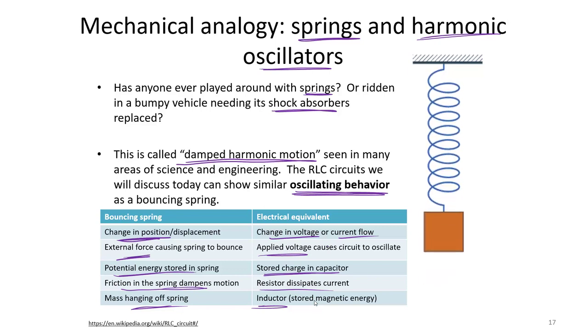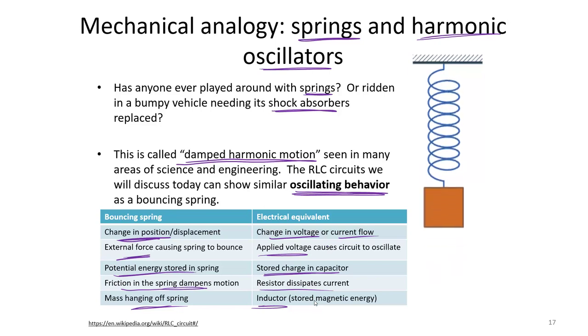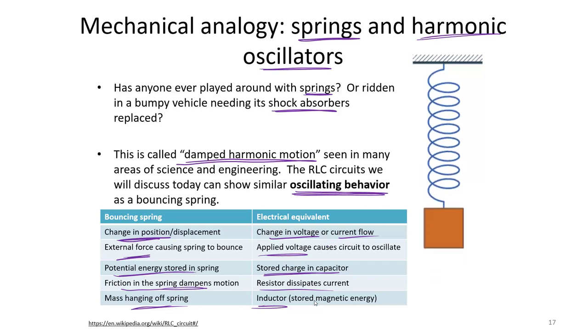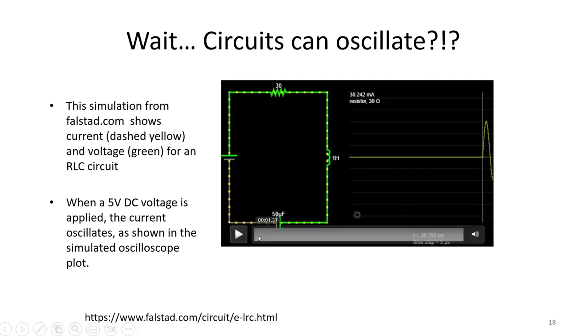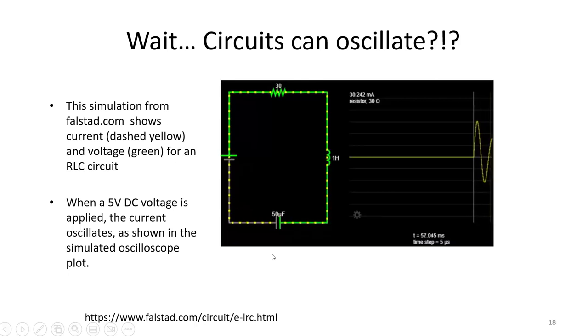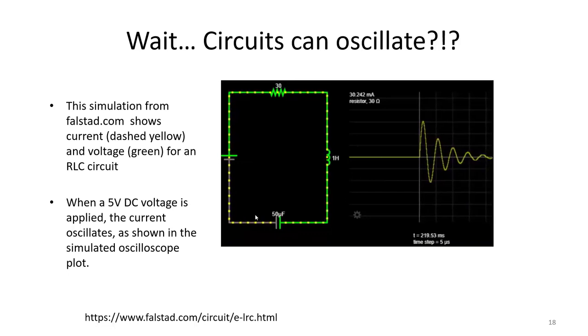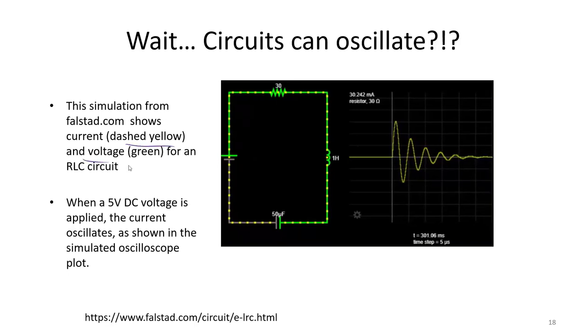So this might seem a little bit strange to visualize. Let's take a look at a simulation. This is actually a simulation from Falstad.com, which has a really nice simulator. And look what's happening here. When I start the simulation, you can see that initially the little yellow dots, that's our current inside our circuit,